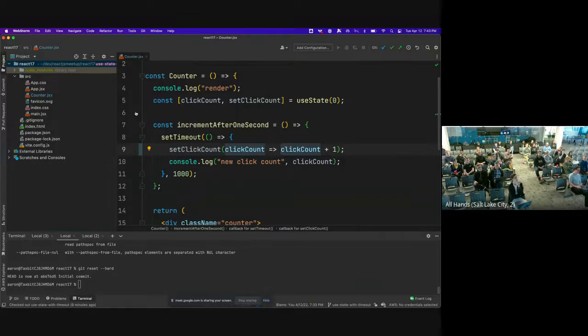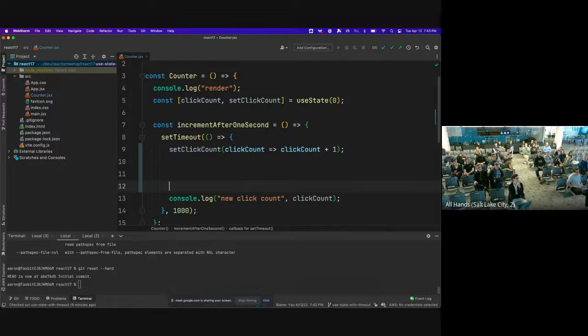Okay? So that's really interesting, because if I ever need to know the very most up-to-date count inside of this function, and like down here, I need to grab the latest click count to pass it to a function or something, I can't really do that. And that can be really frustrating. And you'll see where useRef kind of comes into play later on because of that. Okay,